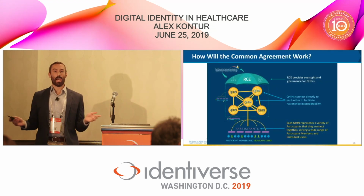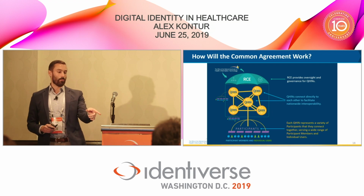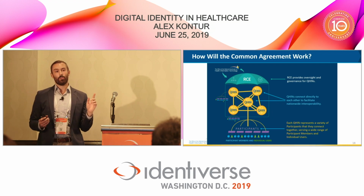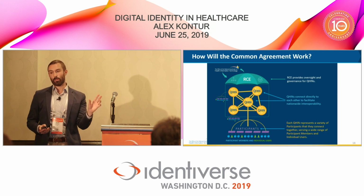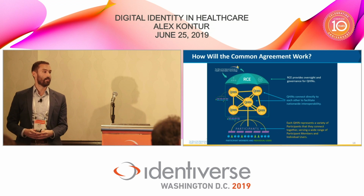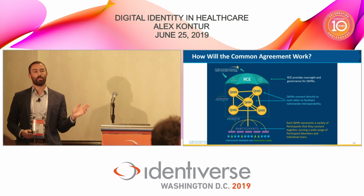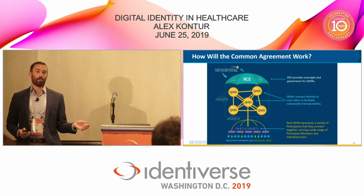So at a very high level, this is how we envision things working. We've got what's called the recognized coordinating entity, who's providing the oversight. We've got a bunch of different networks that should be in existence today. That's the idea: these are all health information networks that exist today and that we're trying to connect together. And then each of these networks has